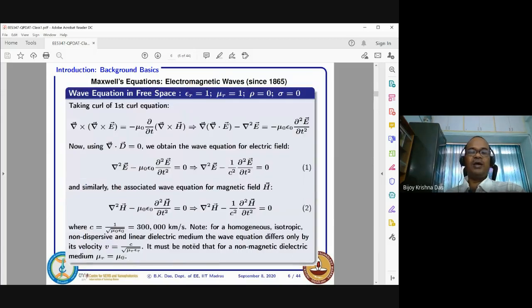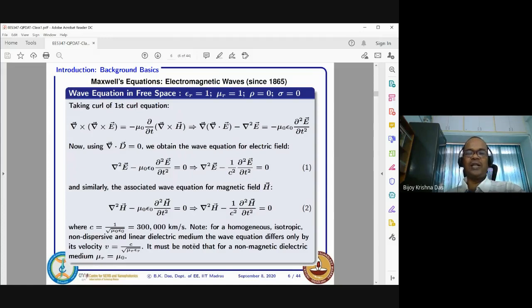Now we will try to understand how these Maxwell's equations give rise to electromagnetic waves, and how you can get a solution for electromagnetic waves. Electromagnetic means that there will be some kind of electric field and magnetic field. As you see from Maxwell's equations, they are coupled. If something coupled is there, what would be the nature? Electric field is there, magnetic field is there, and they are coupled. That means the rate of change of one field gives rise to the other field, and vice versa.